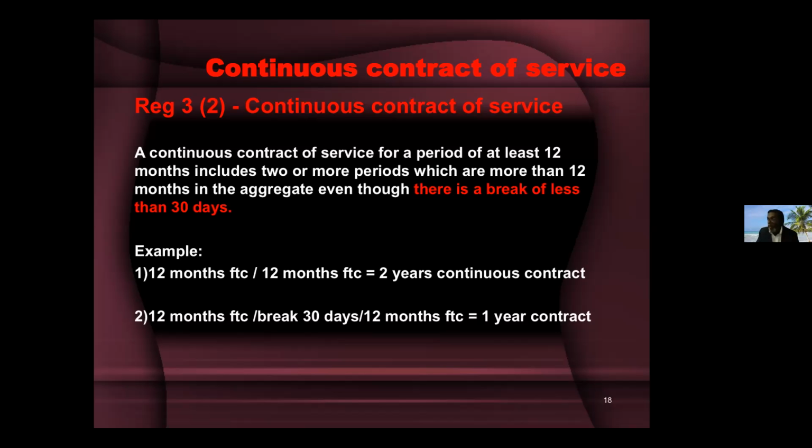because we've had a lot of issues or queries on what happens if I have a fixed term contract and then I give a break of, let's say, 30 days, and then I have another fixed term contract. Is that a continuous contract or not? Yes, it is still a continuous contract based on the rules of Hang Chiang. But if we want to talk about termination benefits under the Employment Termination Benefits Regulations, then yes, it actually breaks the two continuous fixed term contracts into one fixed term contract. So we only pay termination benefits of 1 year fixed term contract.